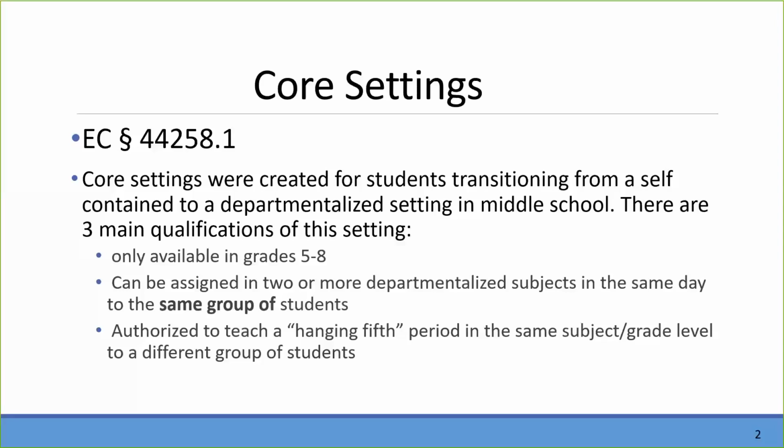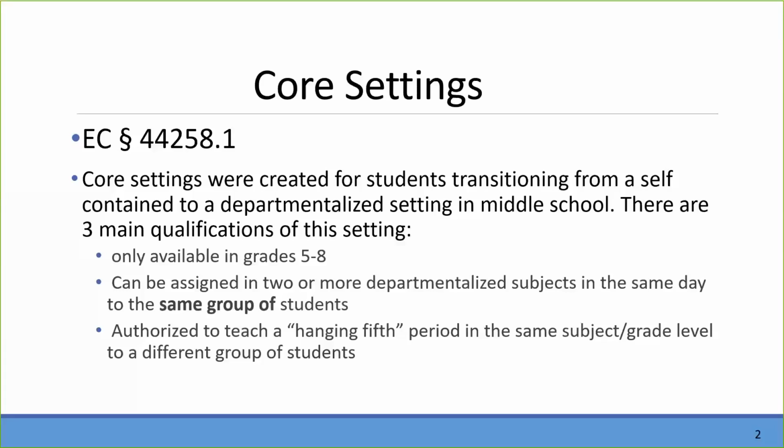For most teachers, they're going to have a 6-period day with 5 periods of teaching and 1 period of what we call prep time, where they do grading and lesson planning. So they have 5 teaching periods a day. If they had two course settings, they would be teaching the same group of students for 2 or more subjects, and then another group of students for 2 or more subjects. That would take up 4 periods of their day, but they have an extra 5th period without being part of a core. So what they did was create a hanging period where it could be any of the 2 subjects that were part of the core at the same grade level as the core, taught to a different group of students in that 5th period.